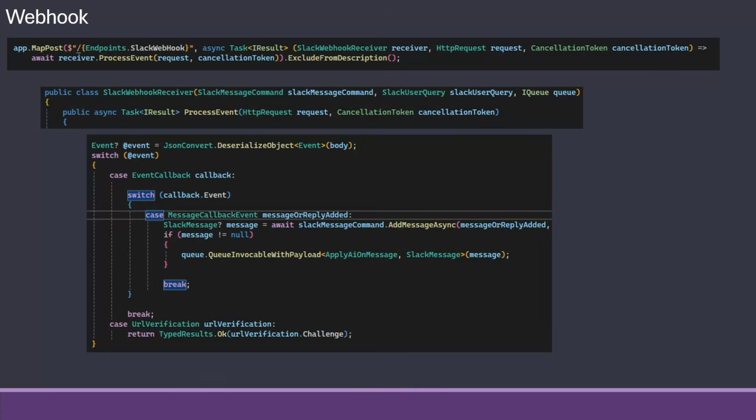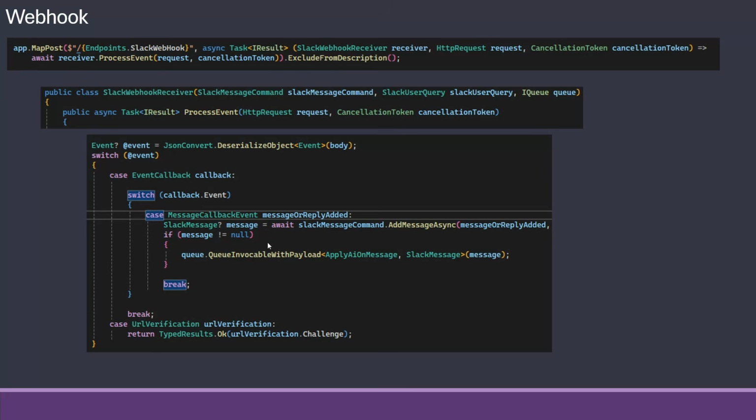So in the system we have a webhook. This has nothing to do with AI as such, but we just have the Slack webhooks. Whenever a new message or something happens in Slack, it goes into this process events and gives us a body of the text. If that body is a message or reply, we add the message to our SQL Server.